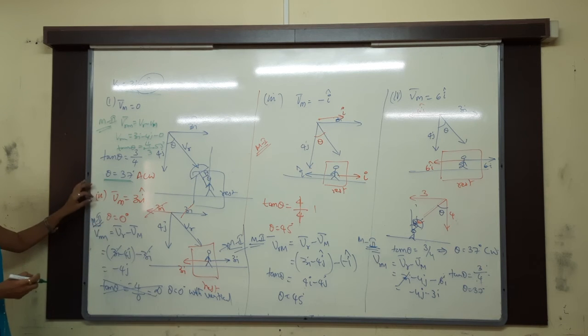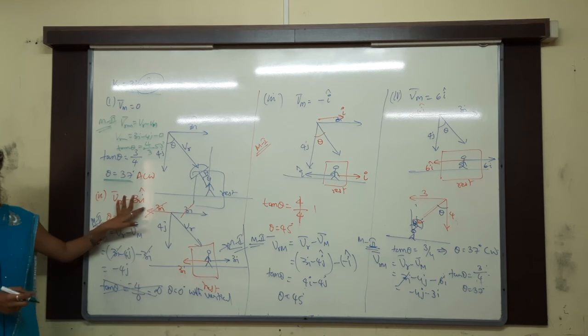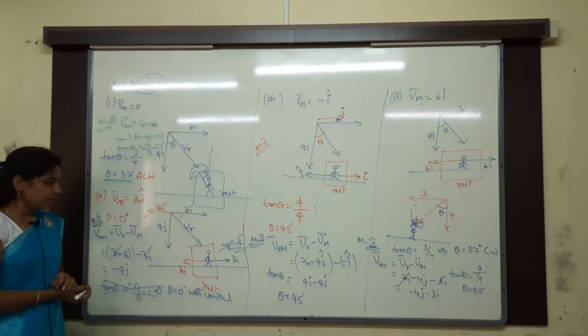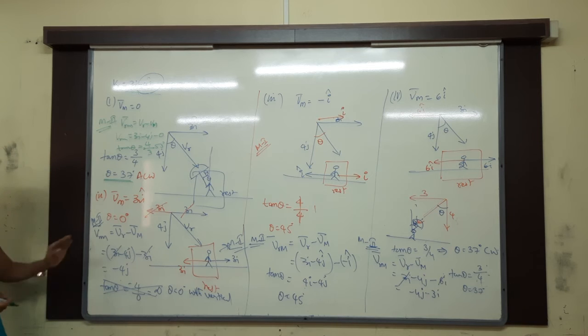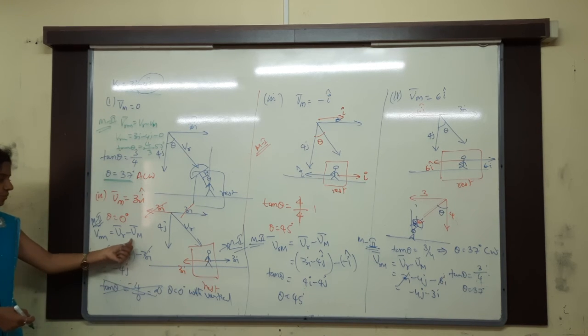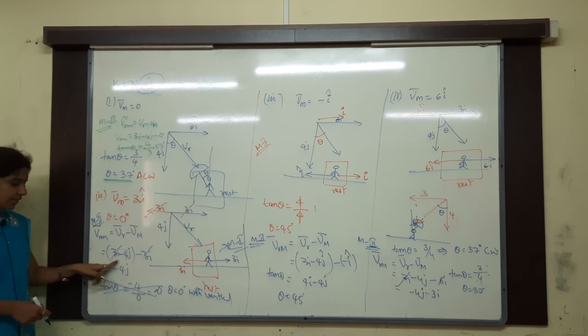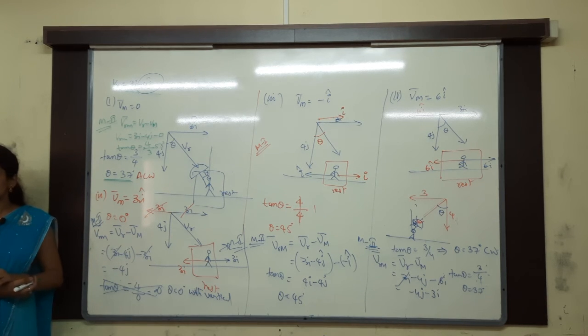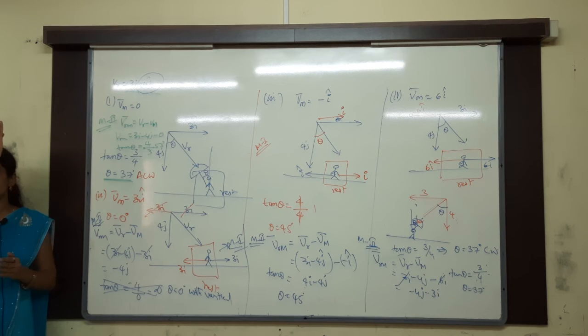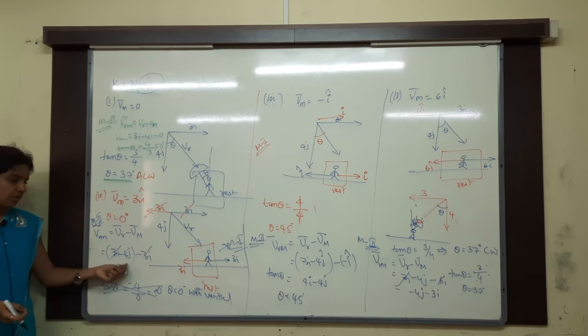Yes sir. Then next one. Next one, whenever the man is moving with velocity 3i cap, at that time you can get it by any method. For example, the relative velocity method: VRM is equal to VR minus VM. VR is 3i minus 4j. VM is 3i, so the 3i gets cancelled. Minus 4j is the answer. Minus 4j means the rain is falling vertically in the downward direction. If rain is falling vertically downward, how does he have to hold the umbrella? Opposite to the rain, nothing but in the vertical direction. What is the angle with vertical? 0 degrees. So 0 degrees is the answer for this.